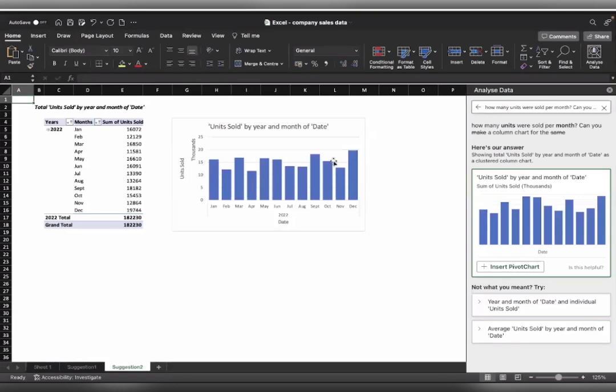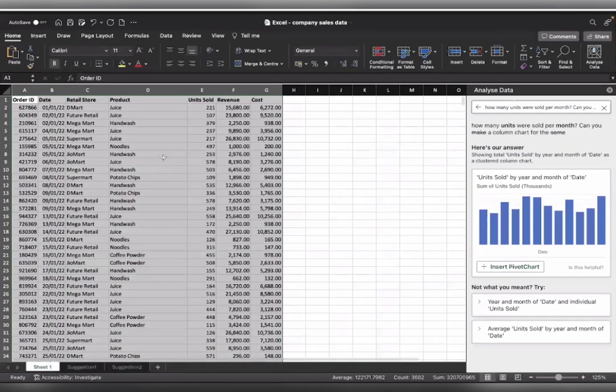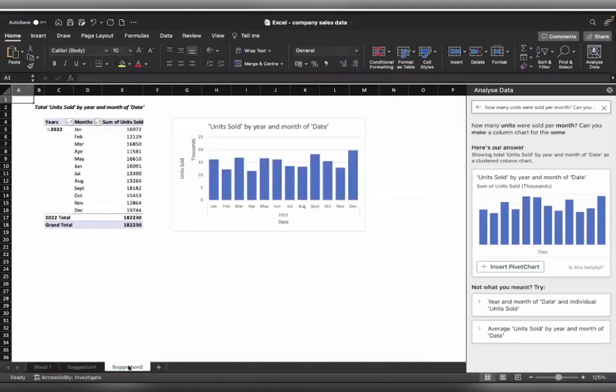And why do we say that? Because obviously it is a holiday season. And in holiday season, what happens? There are more things, like more people will purchase juice or potato chips and all. So that is the reason the last bar graph, December, is the highest.